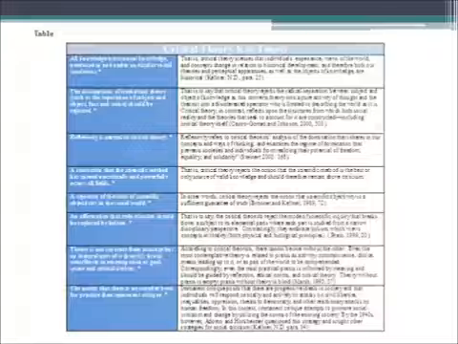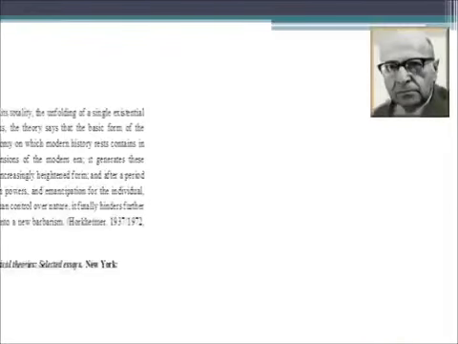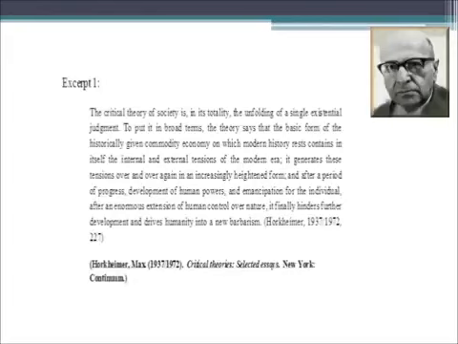And so here, what we want to discuss are primarily Max Horkheimer and Theodor Adorno, who were some of the principal architects and proponents of critical theory. And critical theory evolved over time. Its proponents first sought to mobilize individuals to revolutionary action against what they viewed as a hegemonic capitalist system that